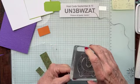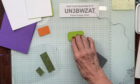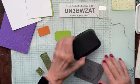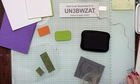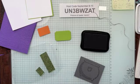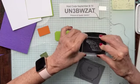Okay, so I'm stamping Memento Black on basic gray. And then I think that's, no, we have a little more stamping. This label comes out of the, oh my gosh, what's the name of this? Makes me frustrated when I can't remember the name of something, especially when my silly printer wouldn't print. So this other greeting that we have in here